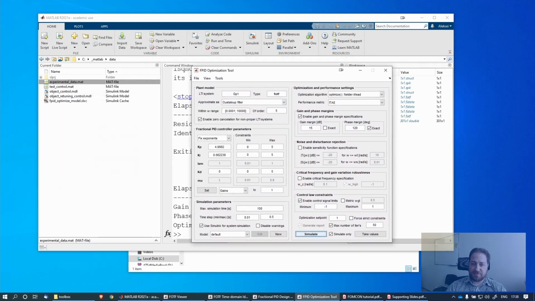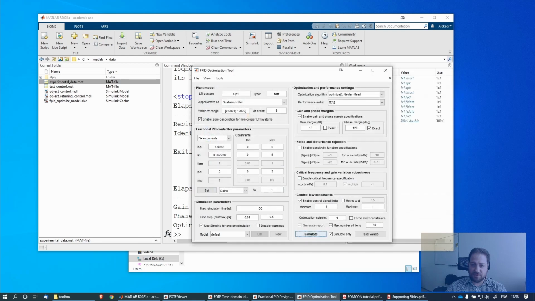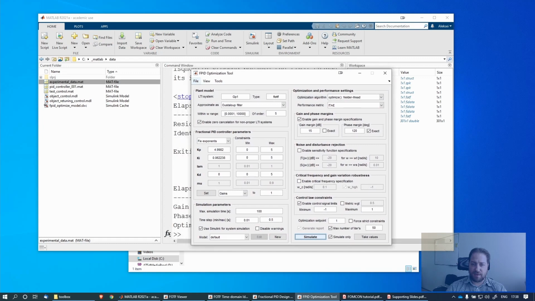So once you have done this, you can go to File, Save Configuration. And now I will name this PID controller 001. I will save it. Now, whenever you load it back, it will restore all of these parameters, so you don't have to type them in all over again. Okay, so let's now proceed to the next task. Actually,